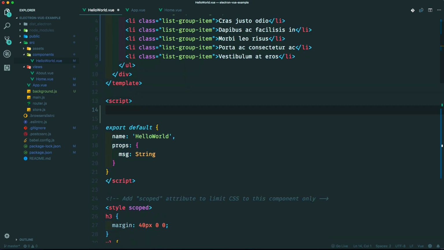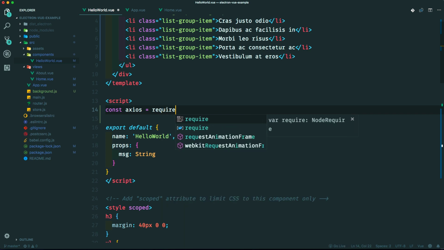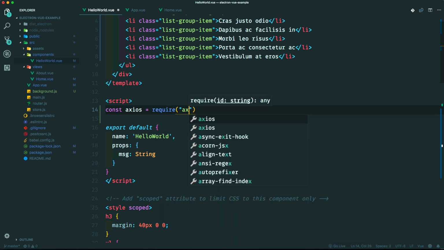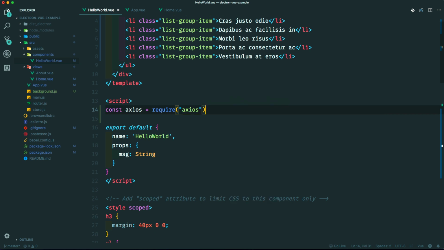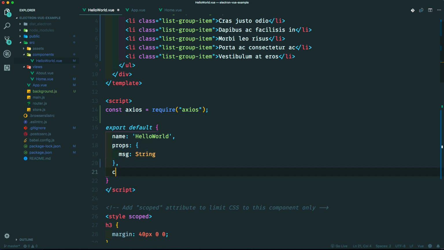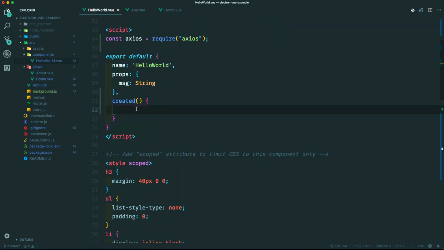I'm going to use the old way of importing because I think you can do the import here in Vue, but I'm going to stick to the old way because that's the way I did it in Electron in the original video. And let's go ahead and make a created lifecycle hook, and then we can make an Ajax call to the API here. So axios.get